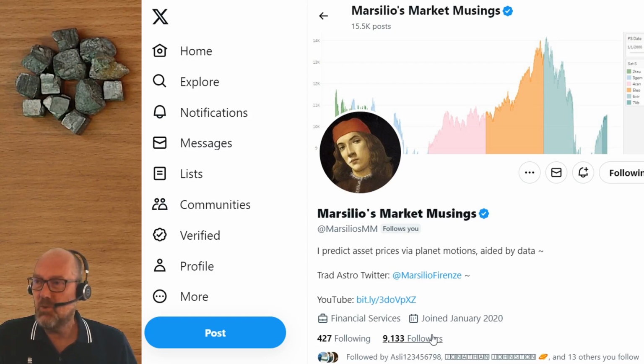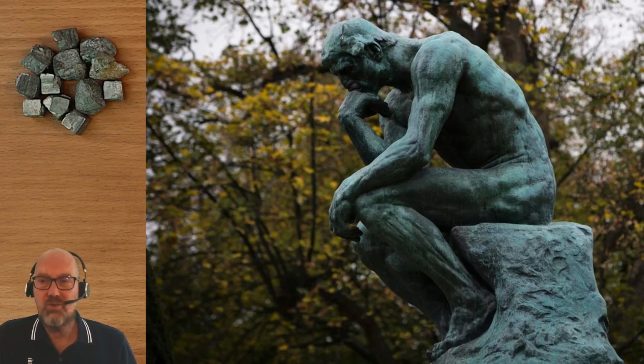There are people who use planetary hours. There are people who use all kinds of ancient techniques, but they also combine them with other techniques. And what you see with good financial astrologers is that they never religiously believe in one thing and one thing only, because they know that is the fastest way to lose your money.